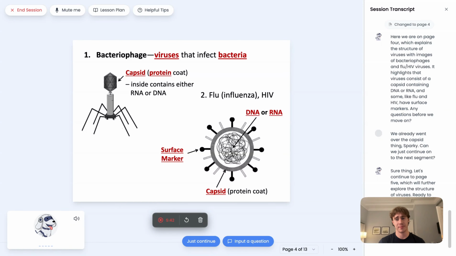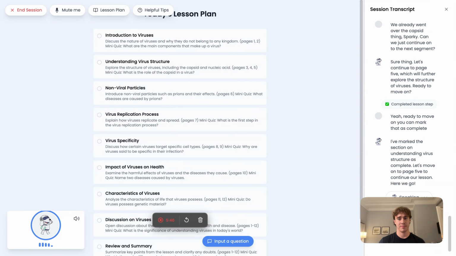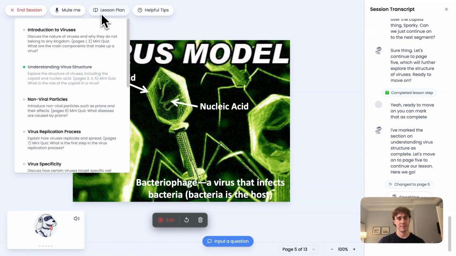You can mark that as complete. I've marked the section on understanding virus structure as complete. Let's move on to page 5. On page 5, we see diagrams illustrating the